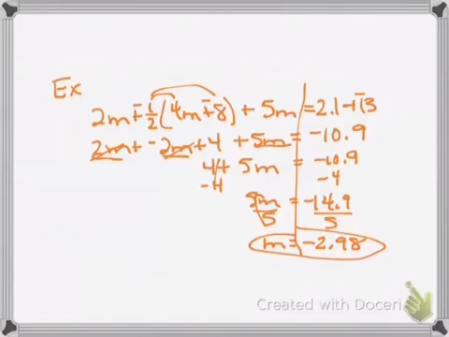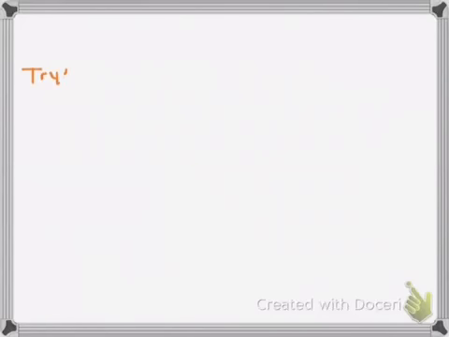If you plug negative 2 and 98/100 in every place there's an m in the original equation, you should end up with the left side equal to the right side. Okay, I have some for you to try. I have 5 minus k equals negative 6, and I have negative 8 equals the difference of m and 3